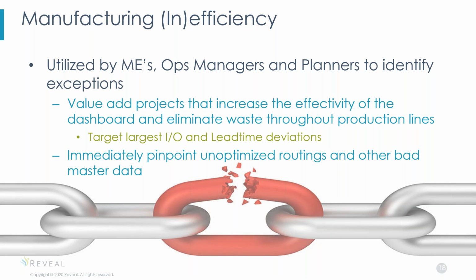refining those lead times. What can we do from a lead time perspective to decrease that queue time so that we're increasing our manufacturing efficiency and decreasing our throughput time? And which work centers do we want to do that in? Because again, you don't always want to increase throughput on every single order, every single work center. You really only want to do it on that bottleneck resource, because it doesn't do any good to debottleneck that first work center if your bottleneck is really that middle work center, because all you're going to do is have